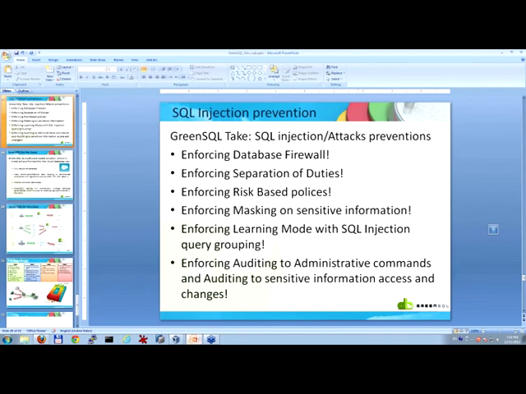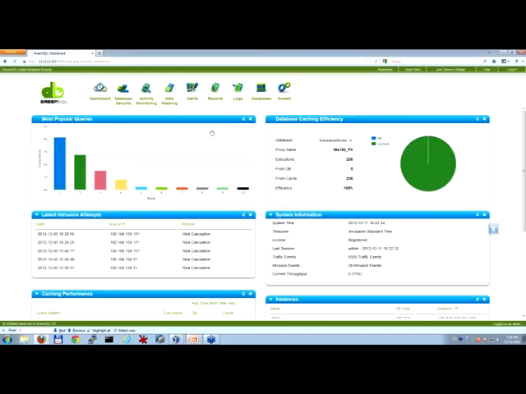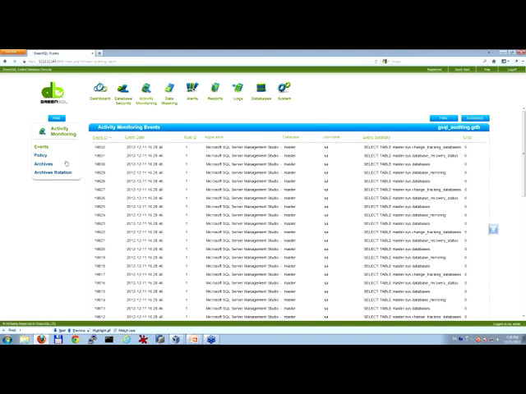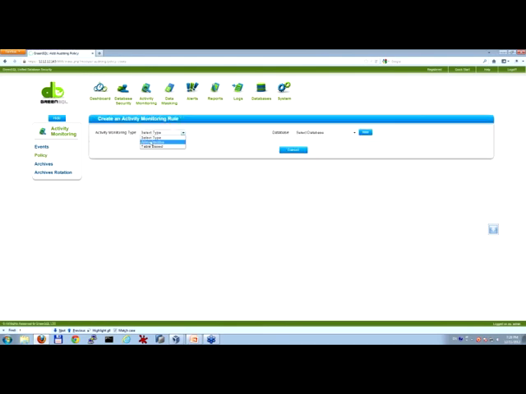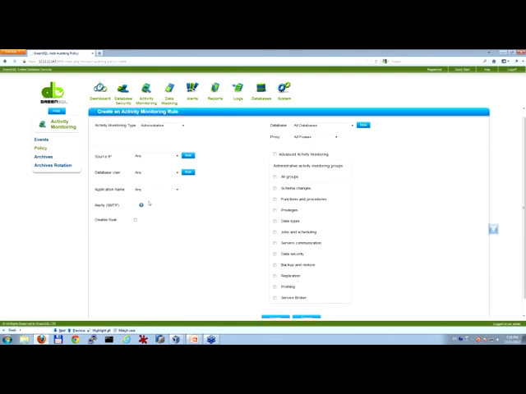One last thing that is very important for you to know and to have control of, if you have to comply with regulation, or even if you just like to have monitoring up and running, you have the option to run what's called activity monitoring. When it comes to activity monitoring, you have two types of policies. The first one is to monitor any type of administrative commands that are running through your database. It can email you on any attempt to run administrative commands. It can alert you over syslog if you're interested, but you will have all the information anytime someone is trying to run any type of administrative command.